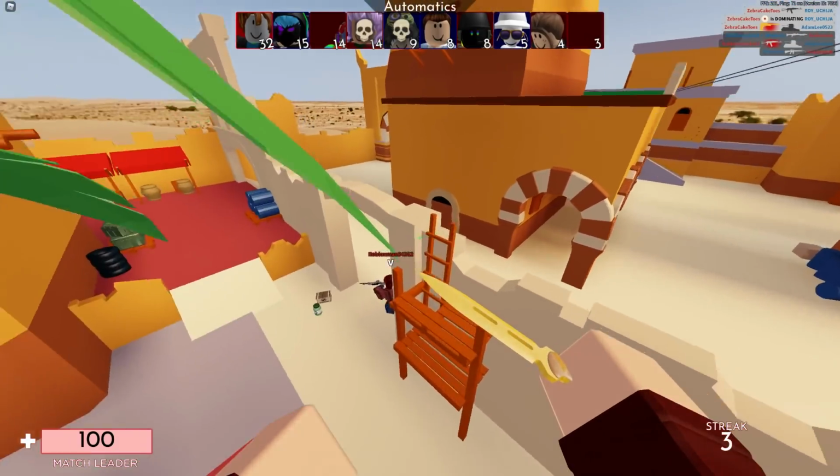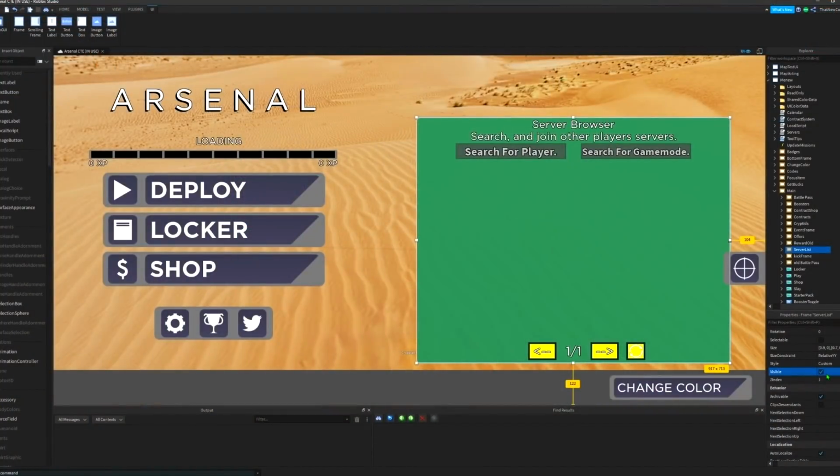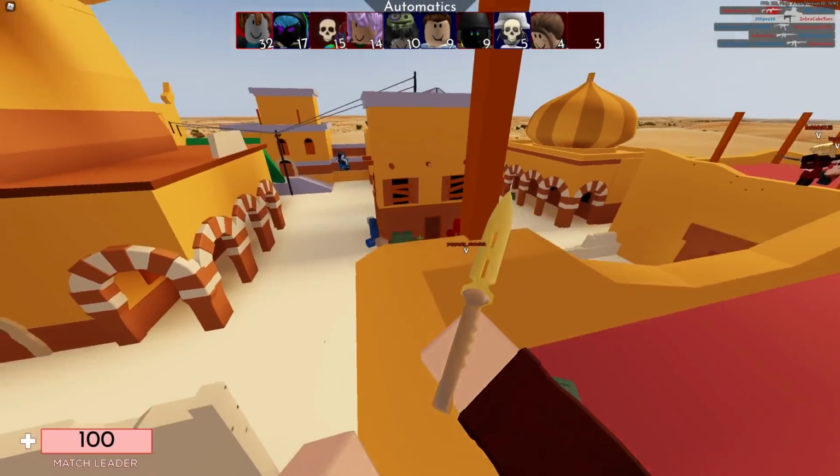Now, the next thing is this new server browser feature. Well, it's not really new. In the stream, Skaptor's actually said that this server browser feature has been in the game for about 1.5 years, but it was just never enabled or used. I'm not sure if this is going to be updated so it looks nicer and then added into the actual game. It would be cool to see a server browser like this,